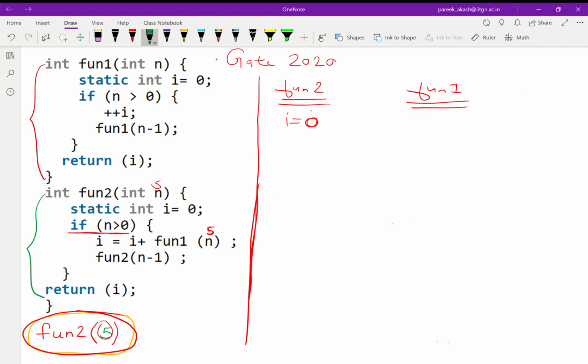Now let us just go to fun2. After coming back to fun2 again, once fun1 returns something, I don't know what it will return, then whatever it returns, fun2 will add that, and it will call fun2 again with n minus 1. So now I am calling it with 5, next time I will call it with 4. So what fun2 is actually doing is that whatever the value fun1 is returning, it is adding